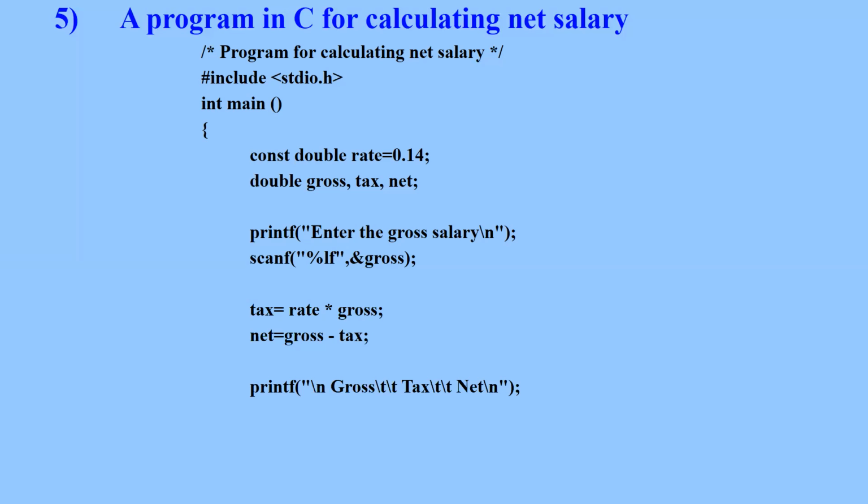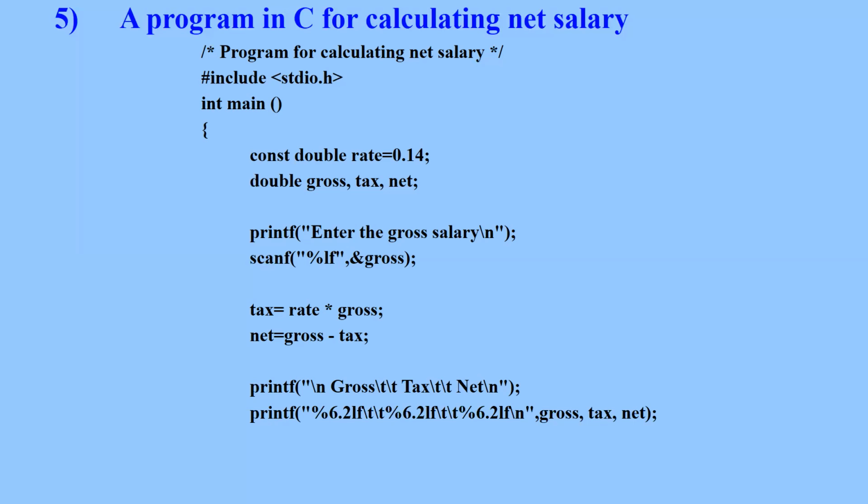Display, first of all, drop one line from the current line, then display the heading gross, put two spaces. The \t are tab sequence characters. They are for producing tabs. So gross, two tabs or two spaces, then display tax, space, then net, drop down to the next line, and then display the values gross, tax, and net,